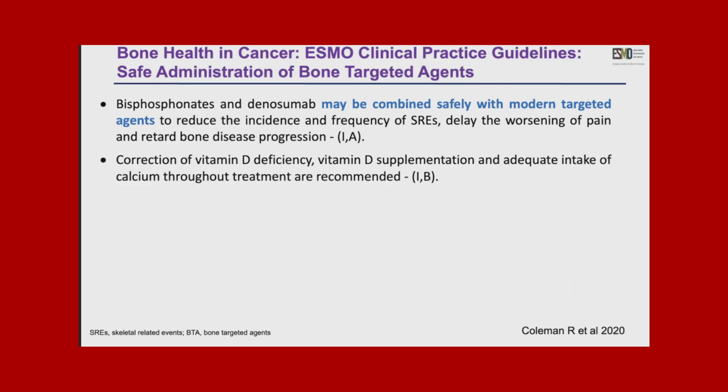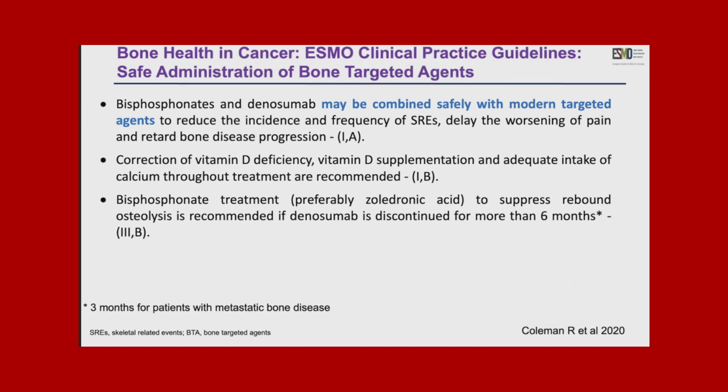Correction of vitamin D deficiency and supplementation of vitamin D is strongly recommended. Bisphosphonate treatment is recommended when, for some reason, we stop denosumab for more than 6 months, because bisphosphonate treatment can overlap the rebound osteolysis